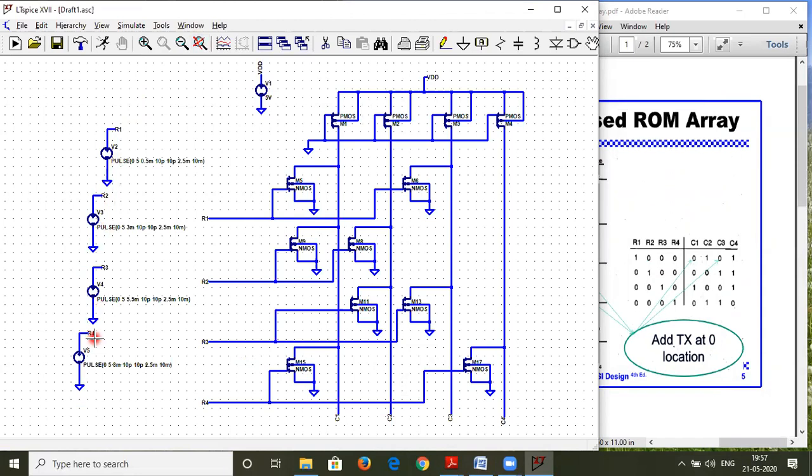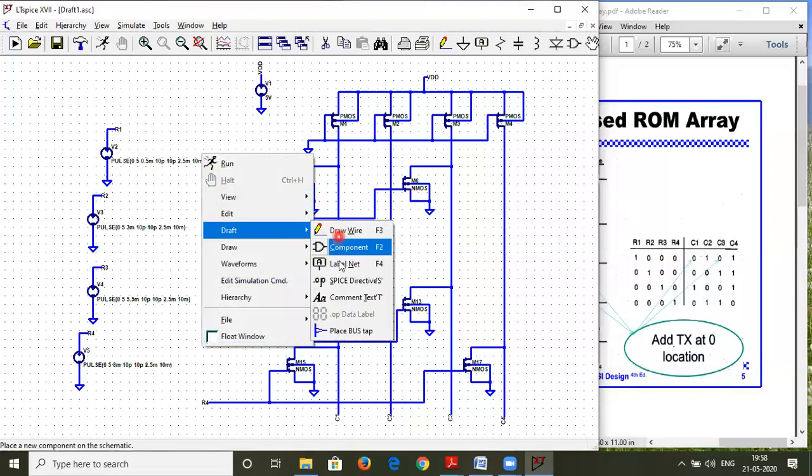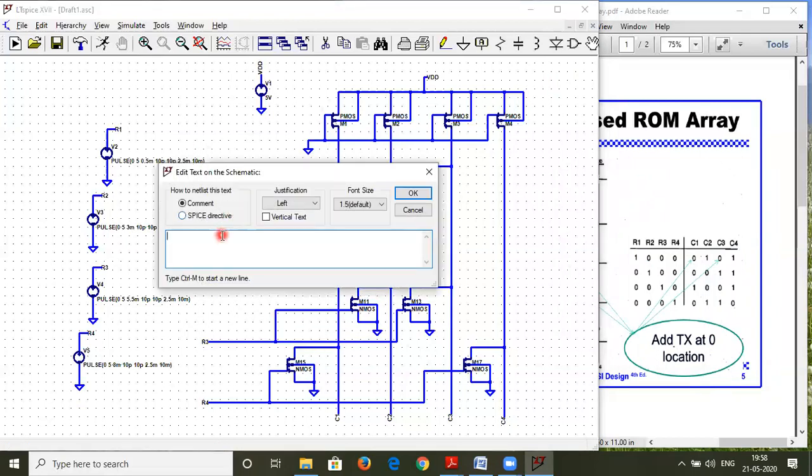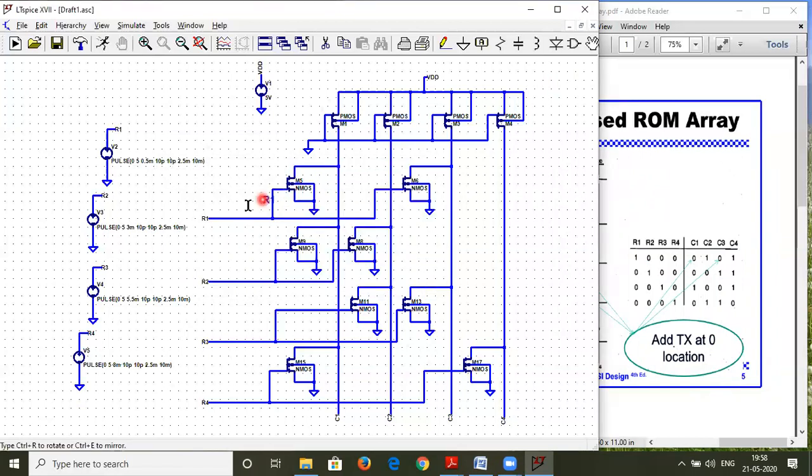But right now the circuit is ready, and just a few labels. So let me just fast forward this video so that it is visible. What I will do is in this, I will label this as R1, R2, R3 and R4 which are visible. For example, I'll show you one case and then later on I'll fast forward. So I'll comment on this and I'll call it R1. Since it is not visible, I'll make it around 2.5. Okay. So this way I will prototype everything. Let me do it here only. So this is my R2. This we are doing so that we get a feel of the circuitry, and it's really easy to evaluate then.